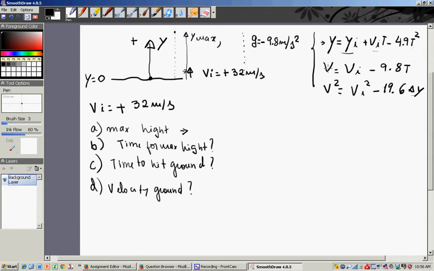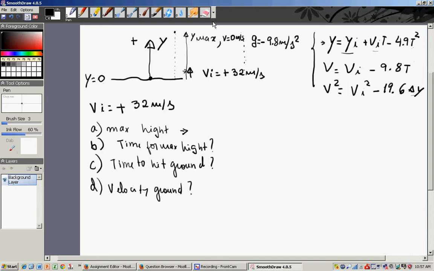Well, let me look at the second equation. The second equation, I could perhaps use it. Why? Because when the ball or the rock reaches the maximum height, and this is something you should know, the velocity at that point is equal to 0 meters per second. Which means